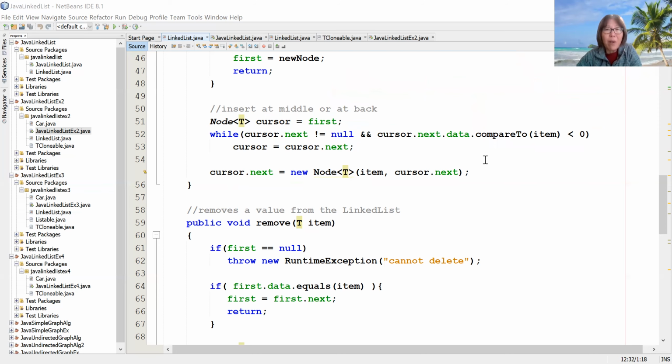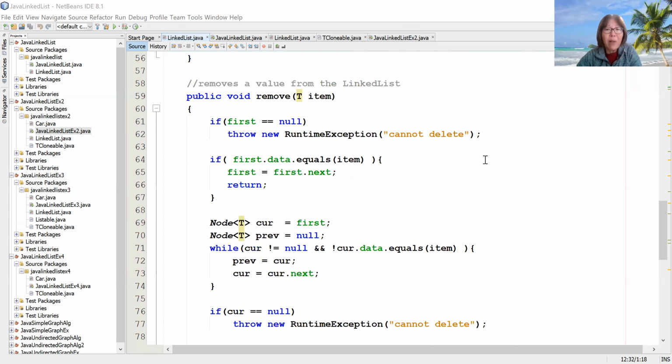Okay, so that's regarding insert in the middle and at the back. And then next, let's take a look, how do we remove an item? Over here, same thing, there are a number of scenarios we need to think about. If the list itself is empty, then definitely we just throw an exception, some runtime exception, etc. And the first case is you remove